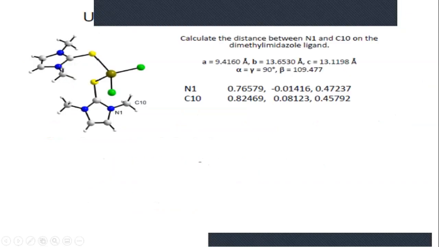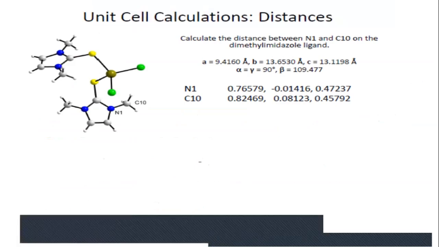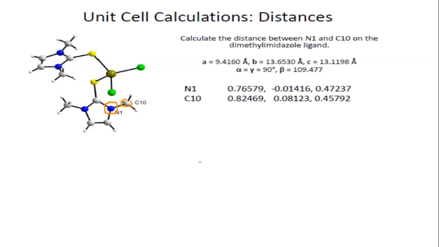So here we have a unit cell. It wants us to calculate the distance between the N1 and C10 atoms on this ligand here. So here is the nitrogen, here is the carbon atom. And we want to calculate the distance between them given the fractional coordinates of nitrogen and the fractional coordinates of carbon. Now, before we begin, we have to reflect back to our understanding of